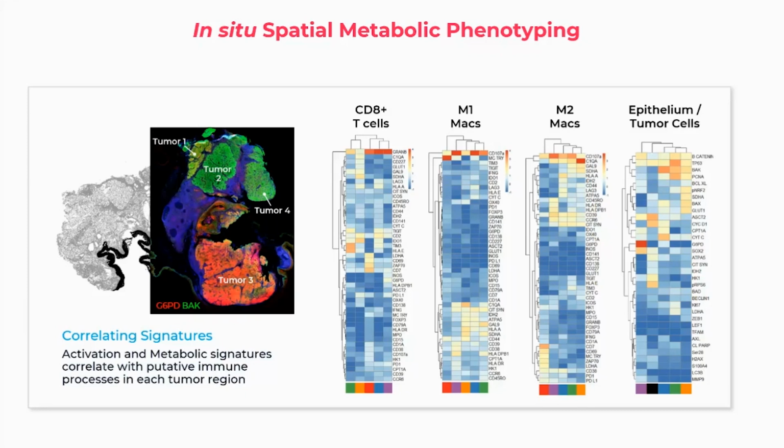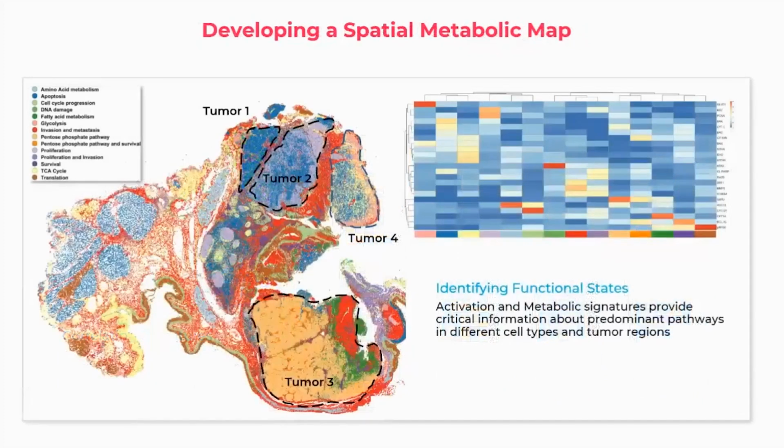Whereas we saw BAX and a few pro-apoptotic markers enriched in the green in tumor regions 1, 2, and 4. So all of tumor regions 2, 1, and 4, where you have your TLSs and M1 macrophage phenotype, is all dying. It's responsive to therapy, whereas tumor region 3 is likely to be resistant. We developed a spatial metabolic map of this tissue, and we could see the pentose phosphate pathway was up in tumor region 3, bordered by fatty acid metabolism and DNA damage. We're digging into this a lot deeper because we think that might be the invading edge of the tumor. Tumor regions 2, 1, and 4 are high for all your pro-apoptotic pathways.